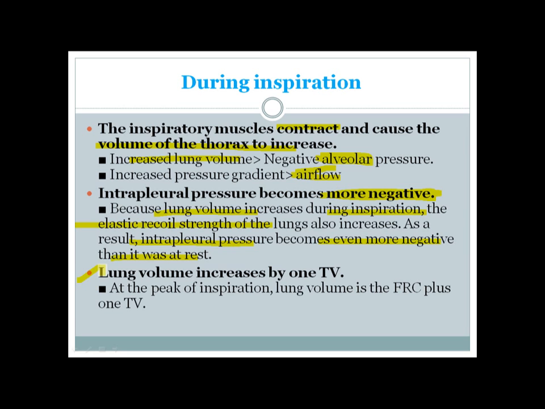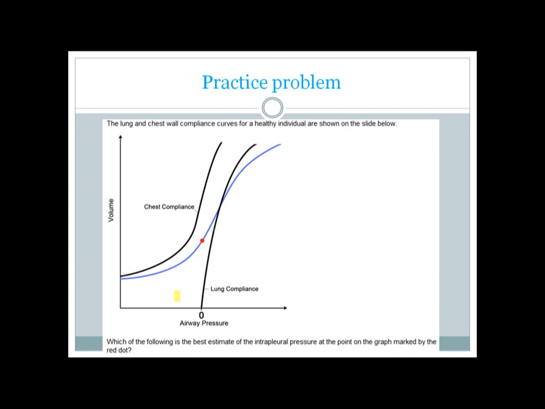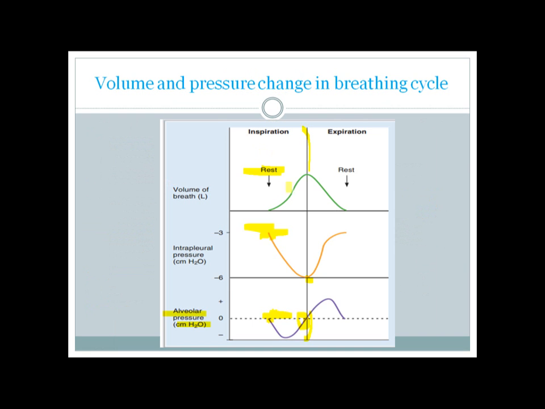And here, during inspiration, the lung volume is increased by 1 tidal volume, and at the peak of inspiration, the lung volume totals the functional residual capacity plus 1 tidal volume. So here you can see the changes that occur during inspiration. At inspiration, we start from an alveolar pressure of 0 and an interpleural pressure of about -3 to -4